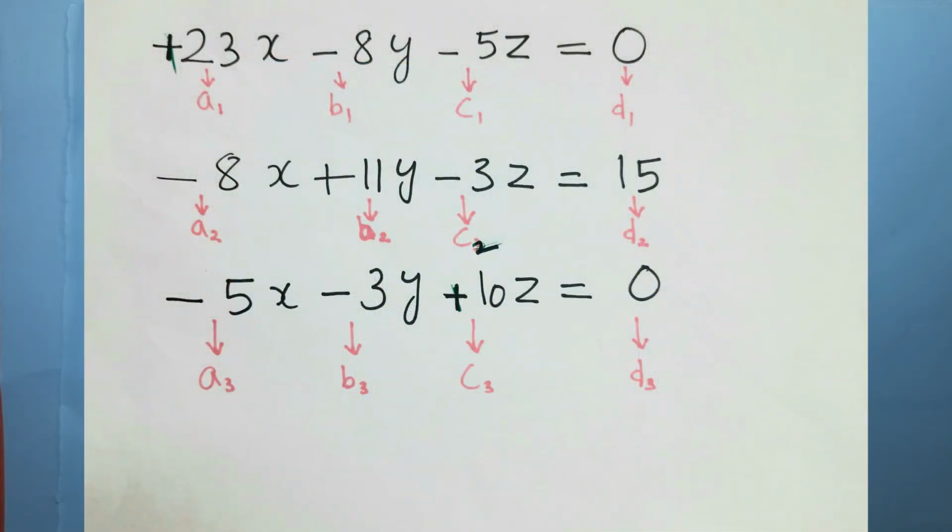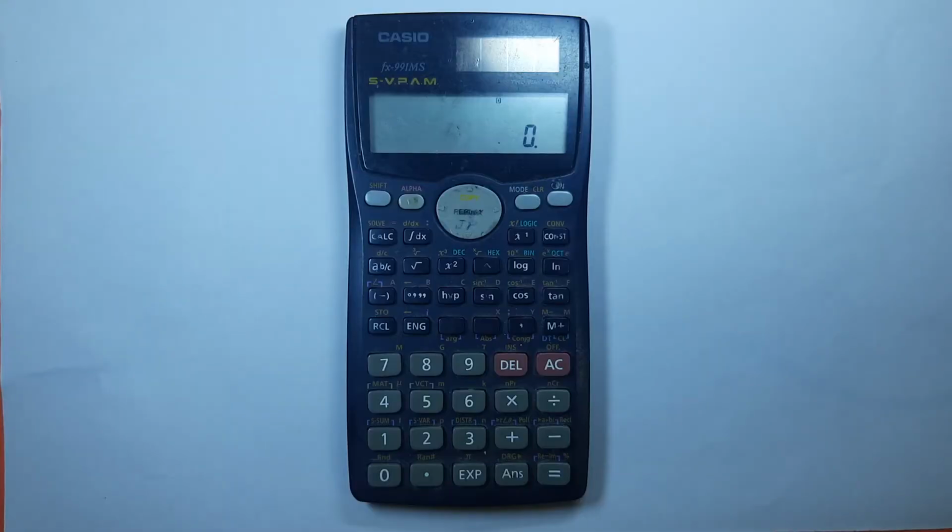Okay, so I have brought my calculator. I am going to use the FX 991 MS Casio calculator, which is allowed in examinations in most universities. So this is the equation. We have written the matrix and converted the matrix into linear equations. So what you have to do is